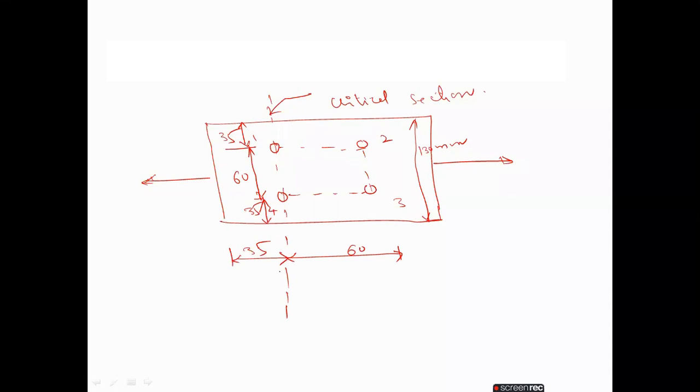Okay. So here, we have to determine the design tensile strength of the plate. The dimensions are 130 mm by 12 mm, where 130 is the width and 12 is the thickness. The holes, 1, 2, 3, 4, are for bolts of 16 mm diameter. Okay, now we will start the solution.